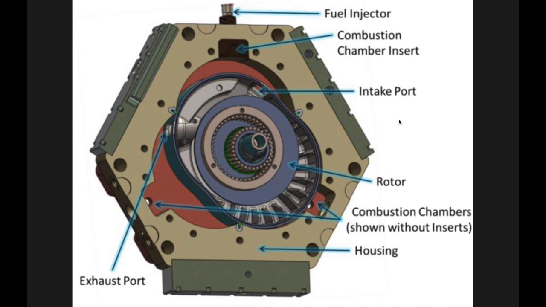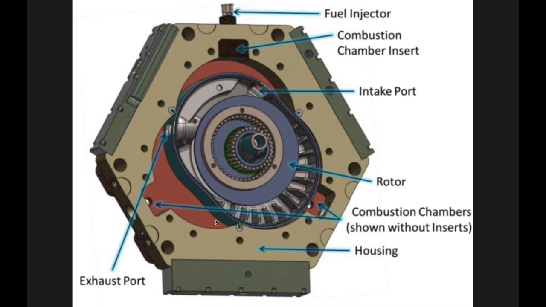Something interesting about this engine is that this face of the rotor acts as the intake and the exhaust, so this engine would have a 4-stroke process: intake, compression, power, and exhaust, and this face would act like the bit that the energy would push upon, moving it about. So as this bit would turn, it would cover up this combustion chamber, there would be the combustion, and then it would move this piston.